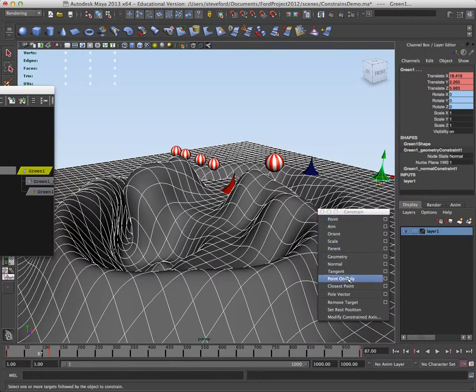Tangent does it on a curve. I have not played with these guys, they're sort of new. And the pole vector is for a rotate plane IK solver, so that's a different critter all together. But those are your basic constraints and how they work. The key thing is, remember, the target object is selected first. The thing that you want to move to respond to that target object, you select that second, and it locks out